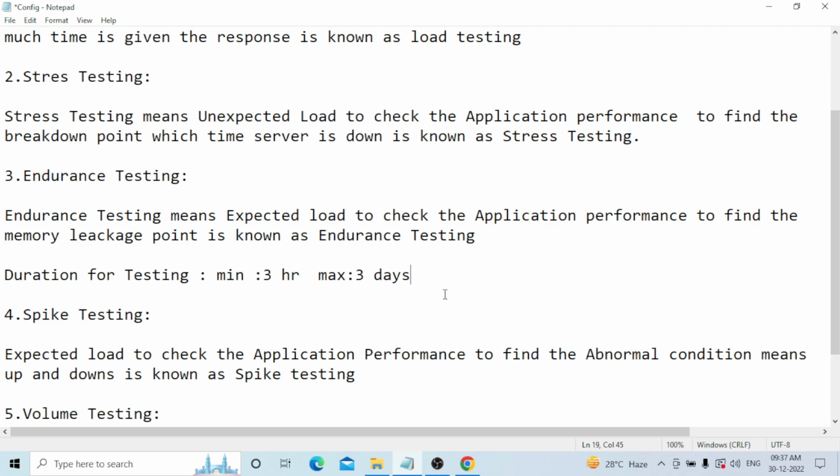Otherwise, for example, if you don't know the hardware configuration and you run for a longer duration, the server will bounce, meaning it will shut down. That type of problem can also occur sometimes. For that reason, before you run this endurance testing, you need to check the application capacity and all the server capacities,